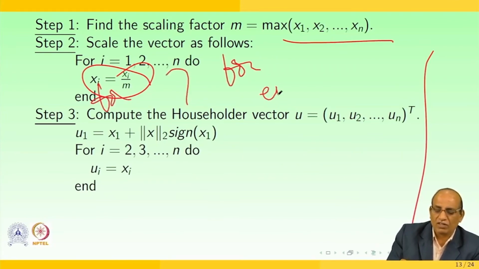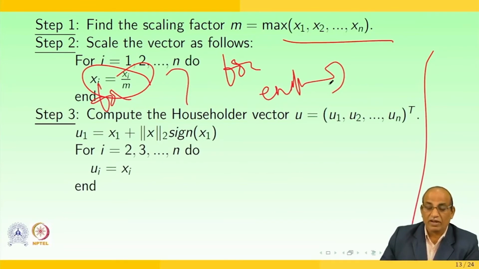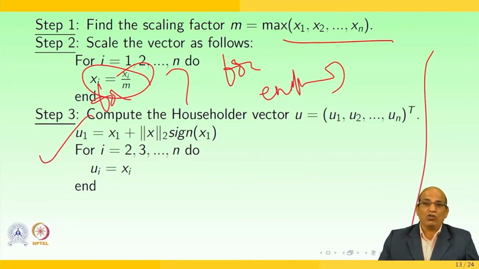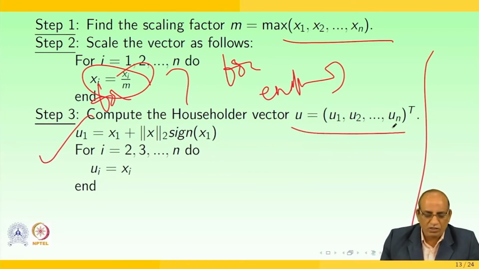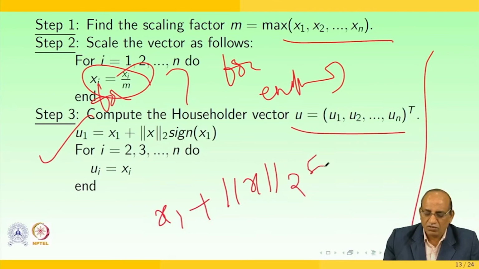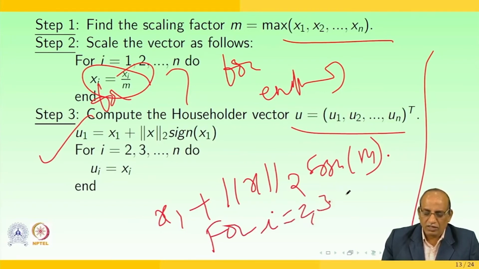Whenever you start with a for, there should also be an end for, then only will the program become meaningful. Compute the Householder vector u equal to u1, u2, u3, up to un transpose, where u1 is equal to x1 plus the norm of x times sign of x1. For i equal to 2, 3, etc., do ui equal to xi, and